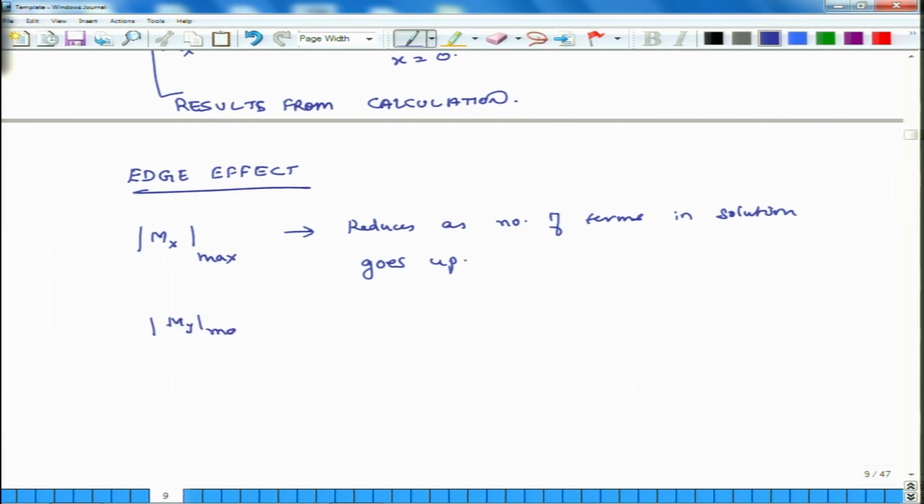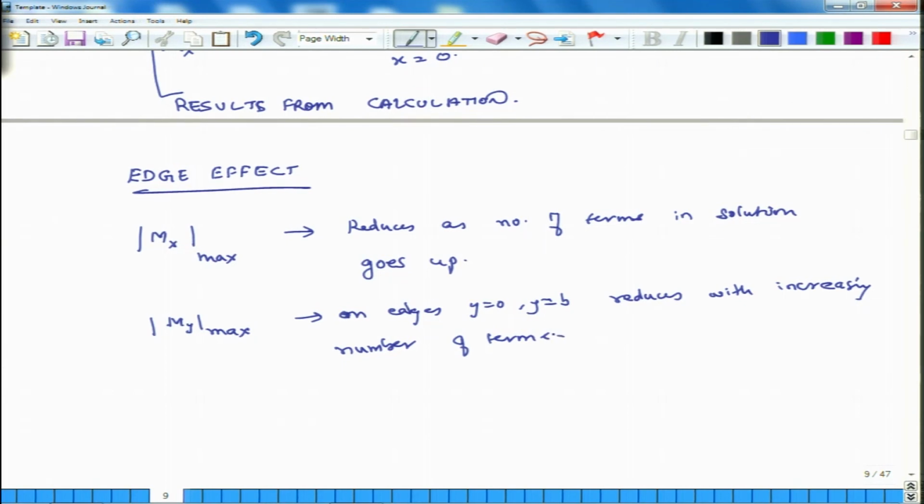Okay. Same thing is true for my also. The value of my max on edges y is equal to 0, y is equal to b, reduces with increasing number of terms. Okay. So this is there,